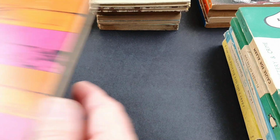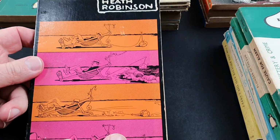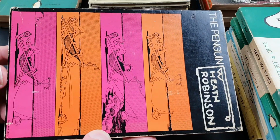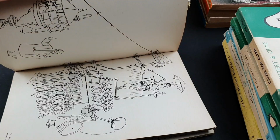Now this next one, absolutely fantastic Penguin. I've not got any other copy of this one. It's the Penguin Heath Robinson. It's B format, so it's bigger than what you would see, but it's brilliant. It's a book of all his cartoons. But look,